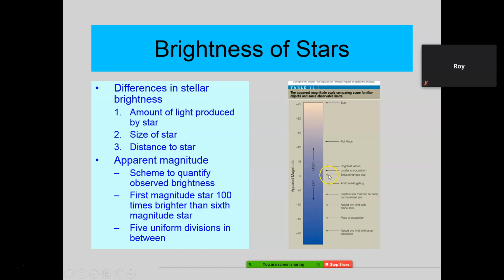Okay? Now, look at this. Jupiter, when it's at its very brightest, is quite a bit brighter than Sirius, the brightest star out there. But of course, Jupiter's a planet. It's just reflecting light from the sun. The brightest Venus, which is our closest planet neighbor, is even brighter than that.